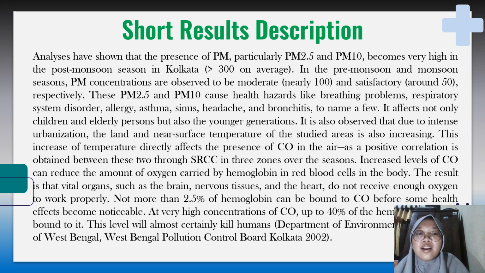The increase of temperature directly affects the presence of carbon dioxide in the air, as a positive correlation is obtained between these two through SRCZ in 3 zones over the season. Increased levels of carbon dioxide can reduce the amount of oxygen carried by hemoglobin in red blood cells in the body. The result is that vital organs such as the brain, nervous tissues, and the heart do not receive enough